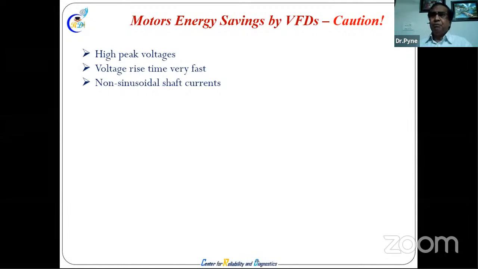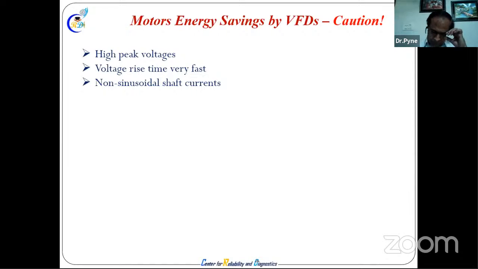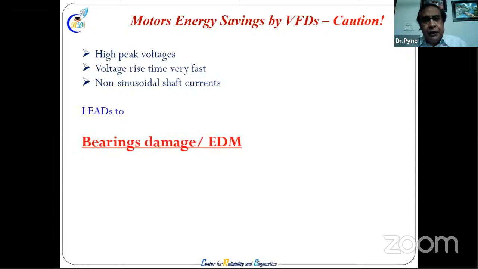We always very easily use a variable frequency drive, and you change the speed, and we are saving a lot of energy. But in that process, we also damage the bearing, because there is a high peak voltage available, and with very fast pickup, very fast down, very sudden change in RPM, all these things happening, there is always a spark through the bearing. If the bearing is not insulated, this bearing will be damaged. You will create an extra problem while taking VFD into consideration.